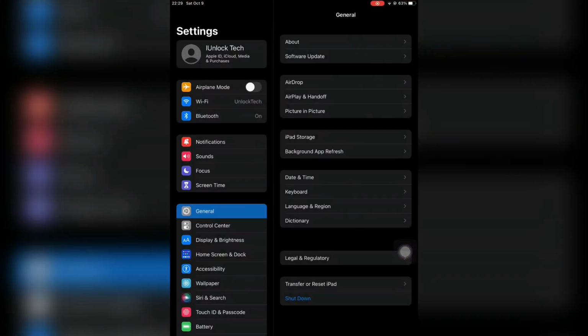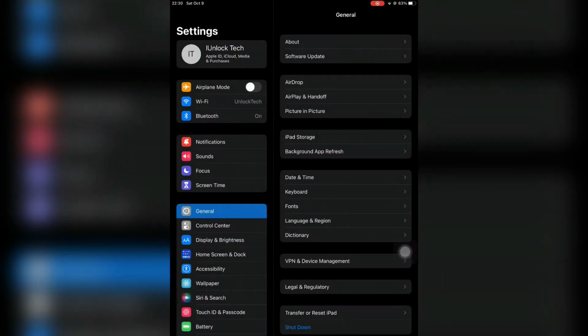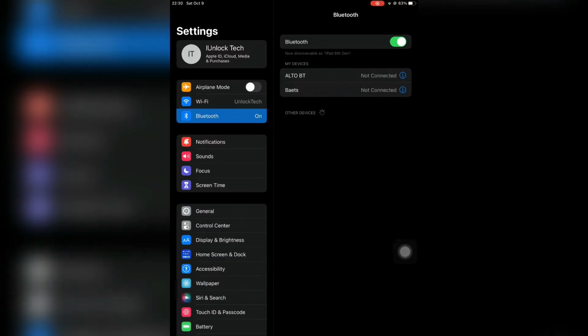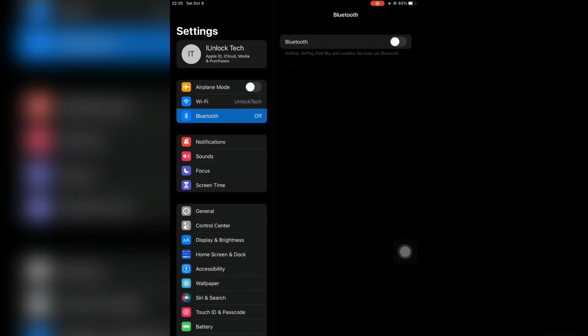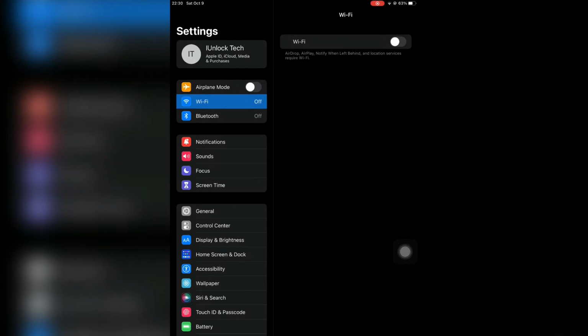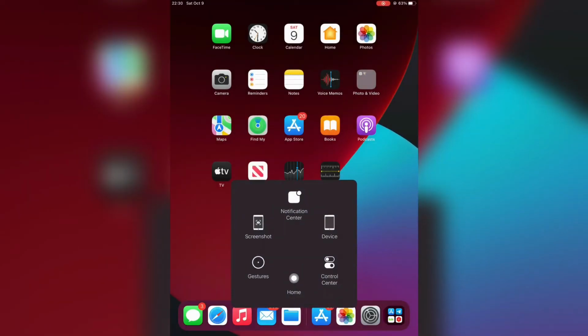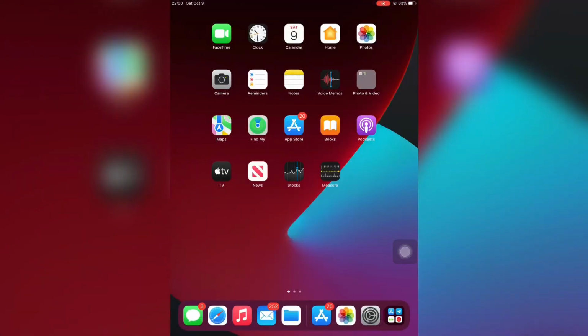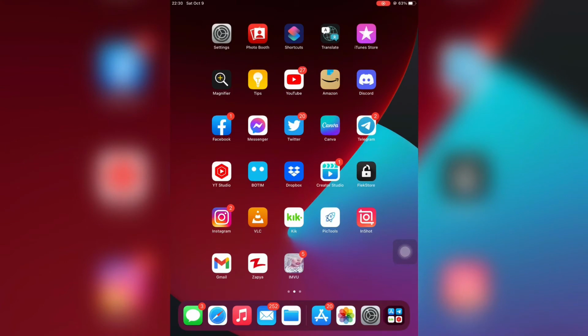So first of all guys, open your iPhone settings, then go to the Bluetooth. Then guys, you need to unpair or disconnect your iPhone. After that, turn off the Bluetooth. Then guys, simply turn off the Wi-Fi, then go to the home screen and restart your iPad or iPhone. So you need to restart your device. After that guys, open your settings again